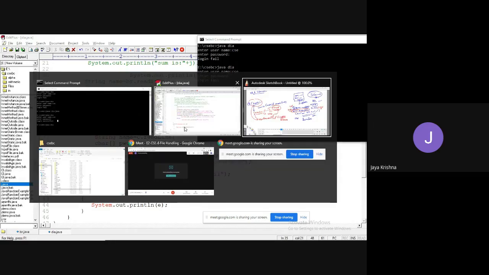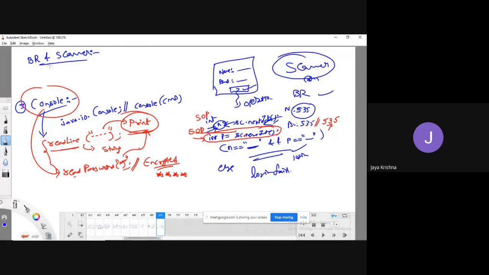So what are the drawbacks of the previous methods, BufferedReader and Scanner class? The drawbacks are: every time you are trying to convey something to the user, you need to use the System.out.println method. And another one is that every time you need to use either the nextInt method or the readLine method specifically to access the data.